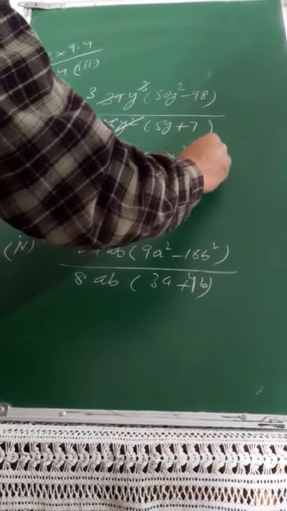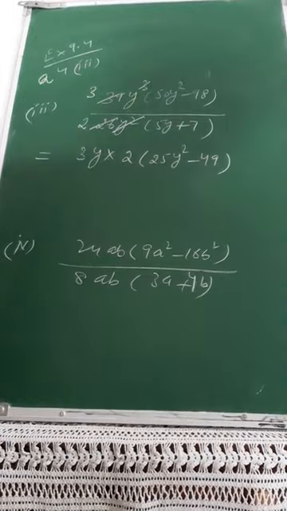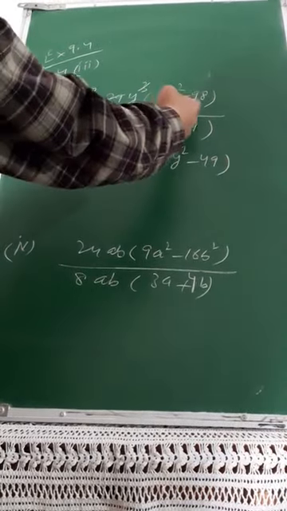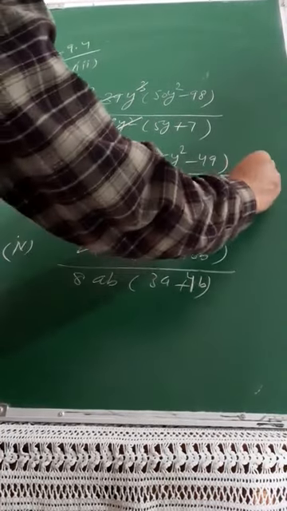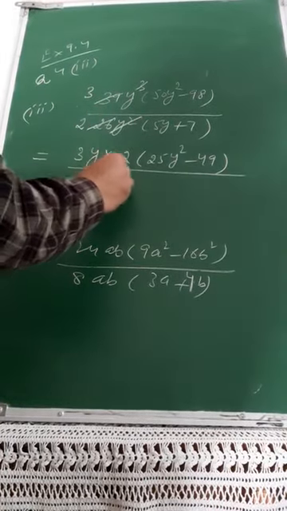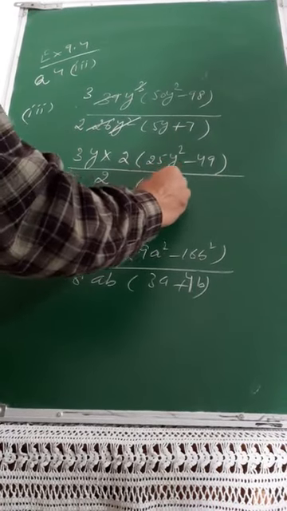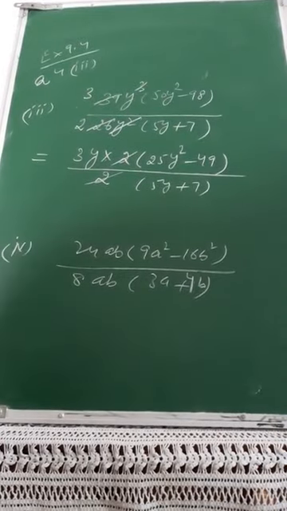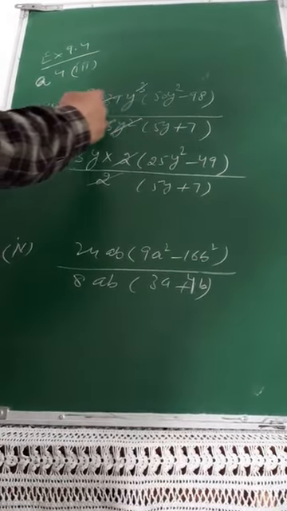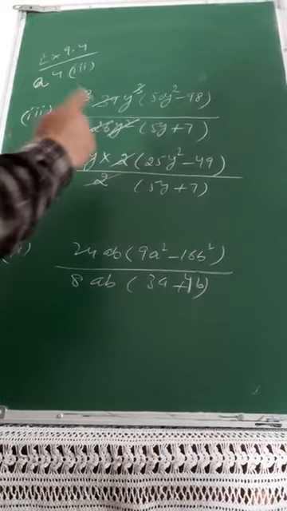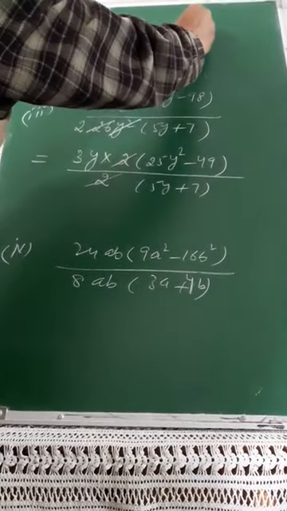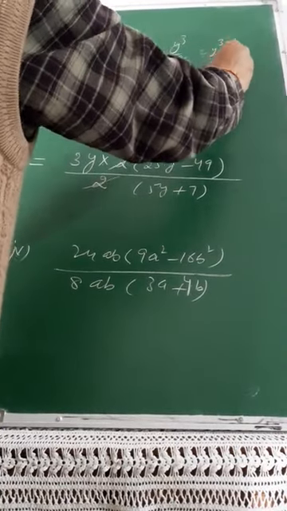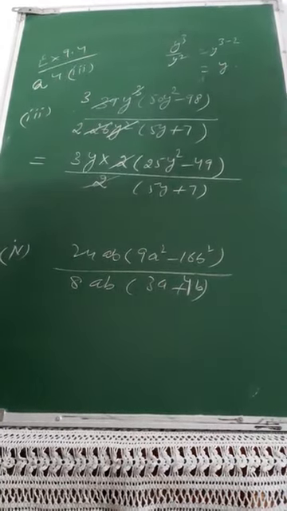Inside the bracket you will be left with what? 25y square minus 49. So whatever is common, please try to take that common. Upon here it was 2 left, so into 5y plus 7. This 2 again you can cancel with this 2. I repeat what I did. I have cancelled 39 and 26 by 13. Y cube upon y square, you can understand well, y raised to 3 minus 2 is equal to y, so that y is left over here.